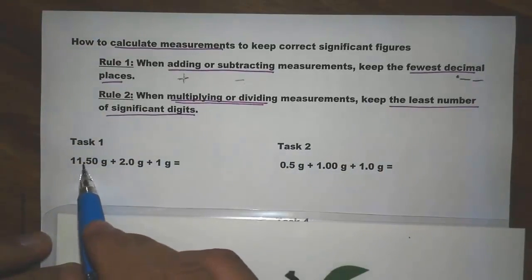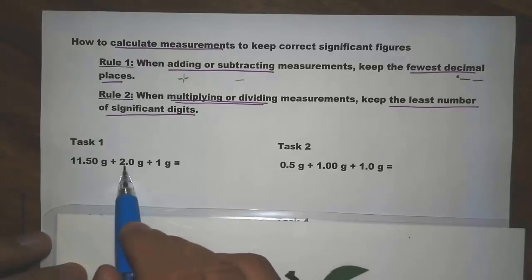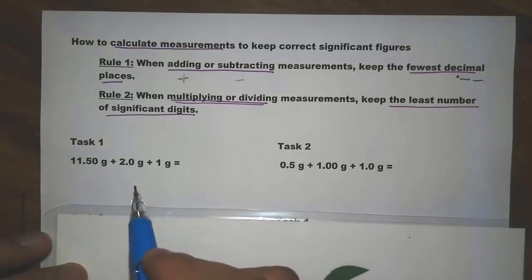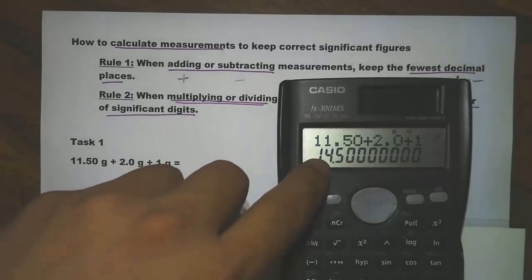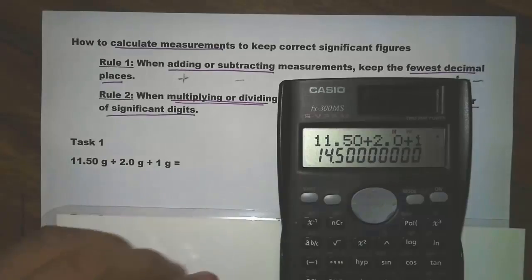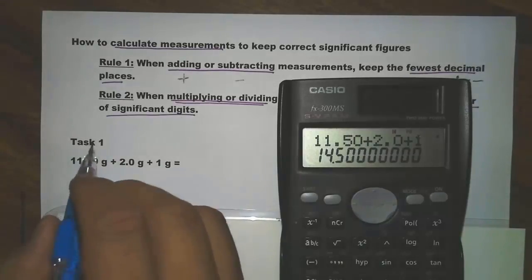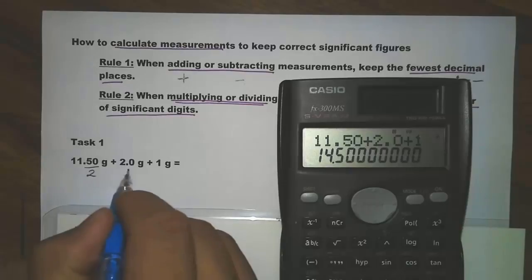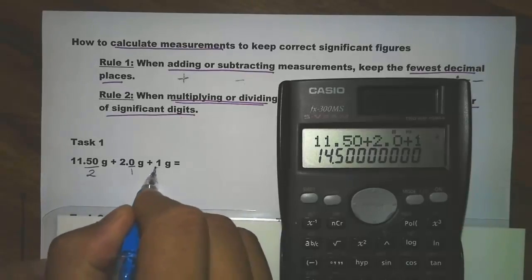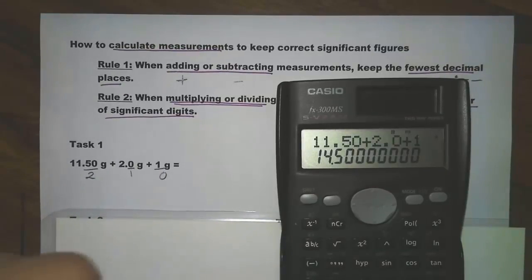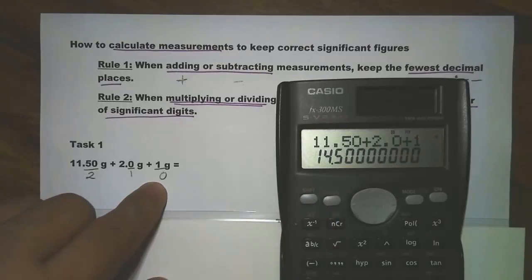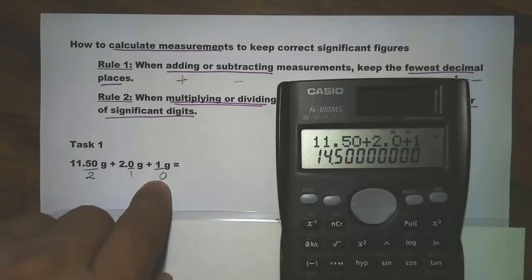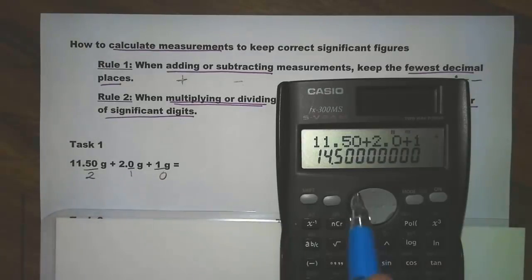Here I have 11.50 grams plus 2.0 grams plus 1 gram. So this is addition or subtraction. Notice how my calculator gives me a bunch of digits. But in the end, in terms of decimal places, this one has 2, this one has 1, and this one has 0. So we want to keep our digits to the point that is nearest 0 decimal places. So we keep one extra, which is 1 decimal place. So here is our extra decimal place. So we have